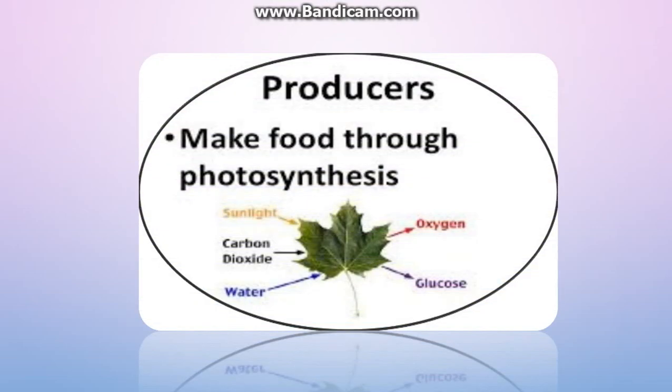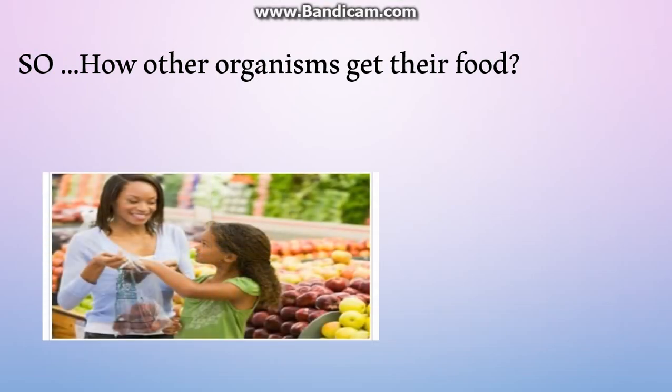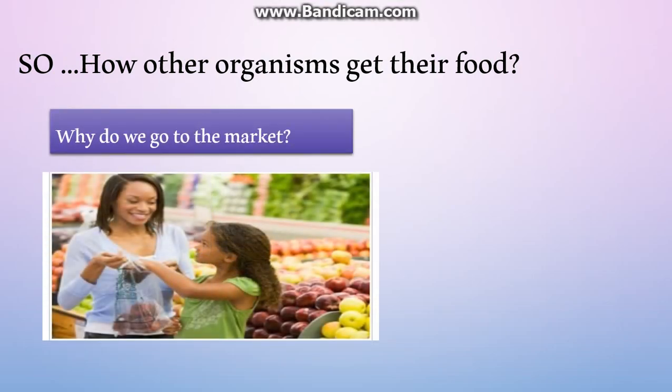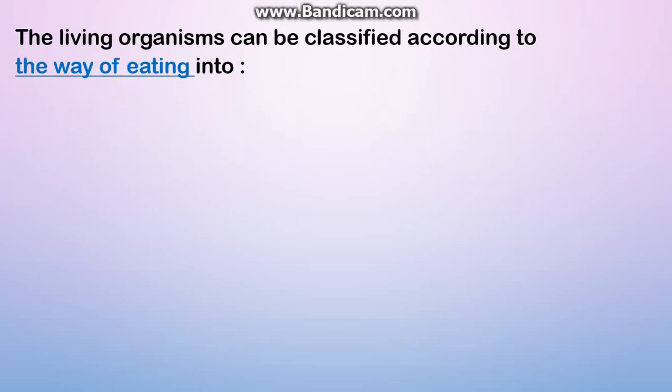If an organism can make its own food, we call it a producer. So the green plants are producers because they can make their food through photosynthesis. What about other organisms? How do they get their food? We can get our food from the market. The living organisms can be classified according to the way of eating into